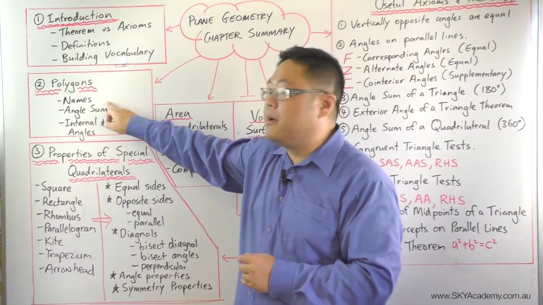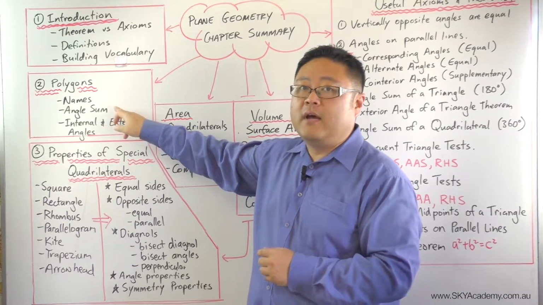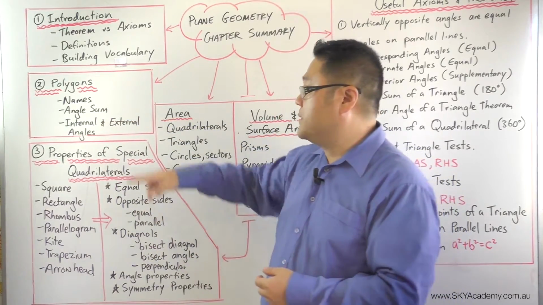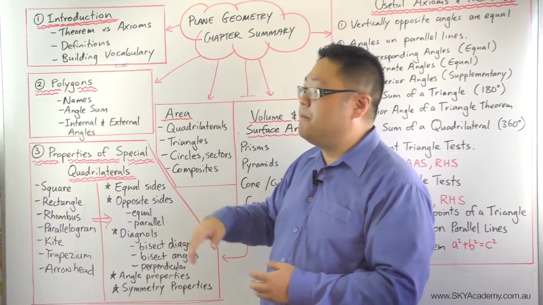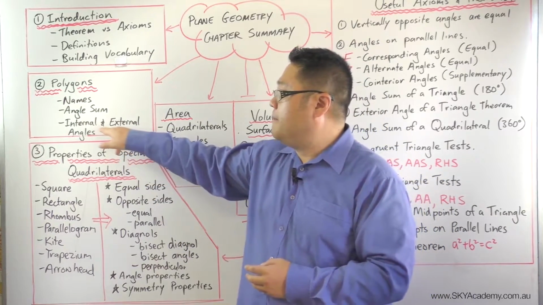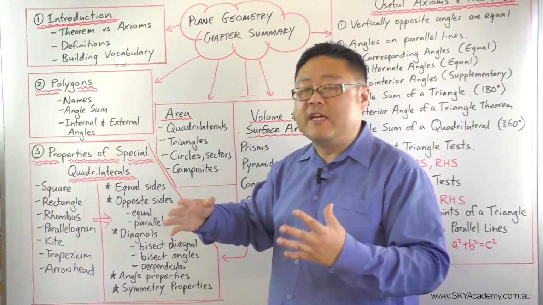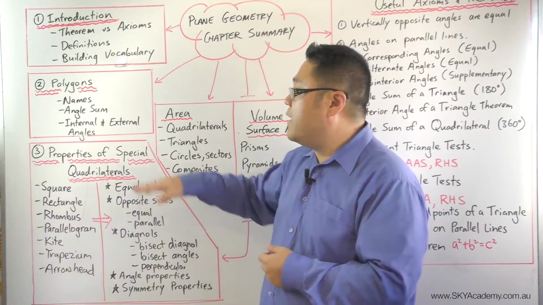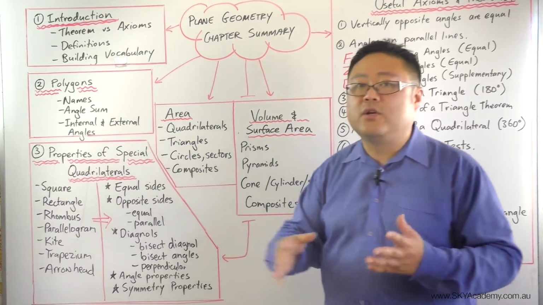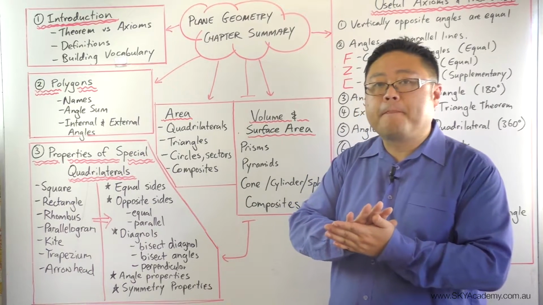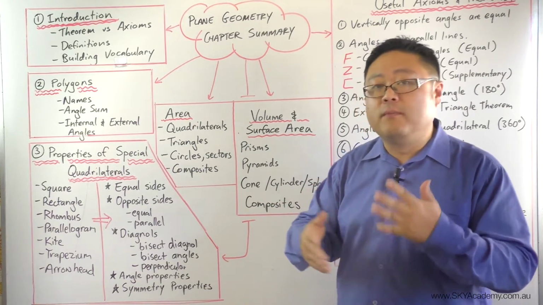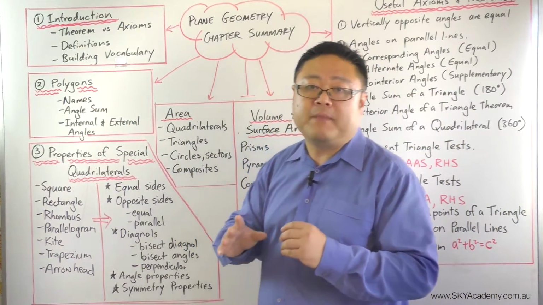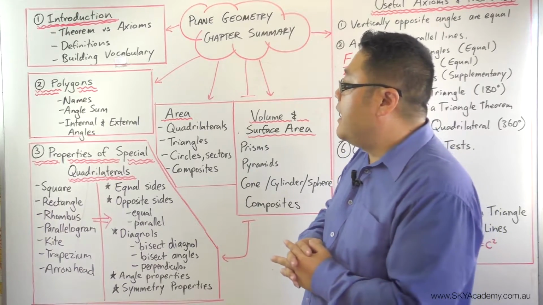So we looked at the names of the polygons, we looked at the angle sum of the interior angles of a polygon, and remember, there's a formula that helps us do that. We looked at finding the external angle, the sum of the external angles in a polygon. It ends up being 360 degrees, and we also looked at the internal and external angles of regular polygons, and there's a formula that helps us to work that out. So we basically looked at polygons in one of the episodes, and then finally,